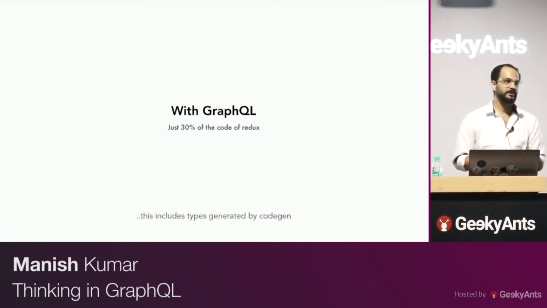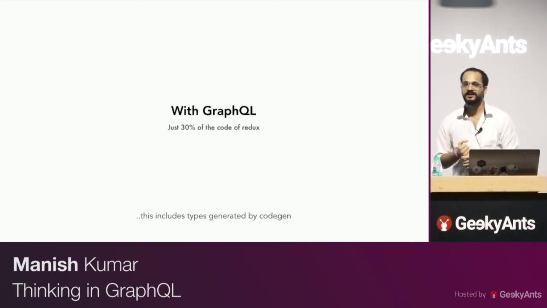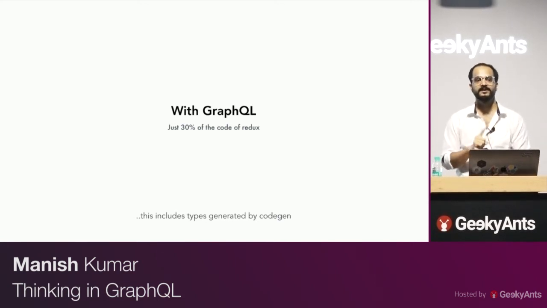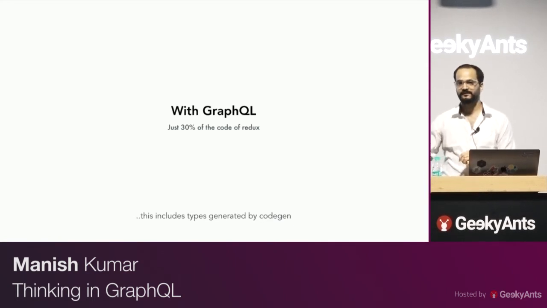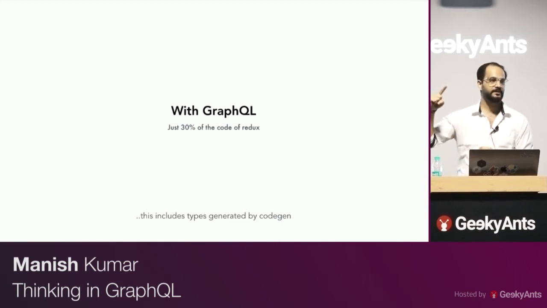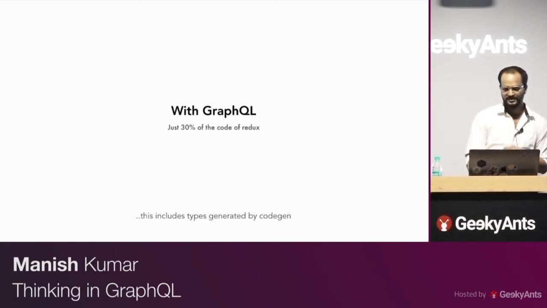And by the way, this also includes the types that were generated by CodeGen. So the 251 lines of code also included the types that are generated by the CodeGen. We'll talk about that later if you are not aware. Just because we are writing everything in a typed format, it's completely typed what I can query for and what I can resolve for. I can do a code gen for all the types that might be needed on the front end side.